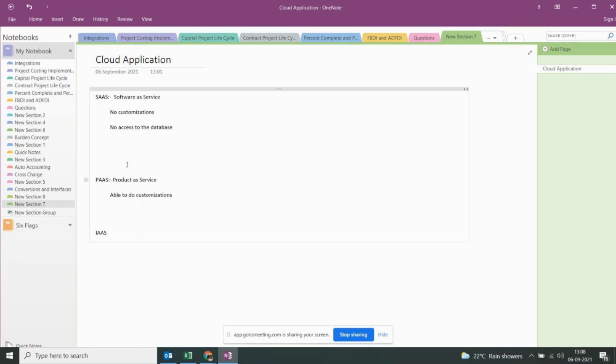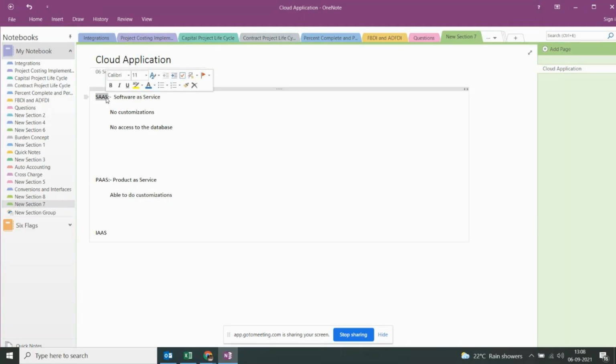So here you can do customizations, but whatever the servers and database, these are not within your company premises. All your database and servers are maintained by Oracle. Even in the first case, it's entirely maintained by Oracle, right?